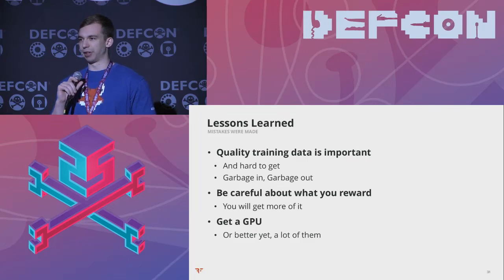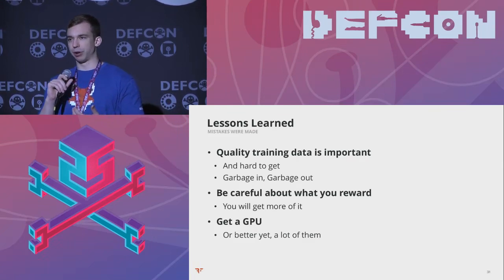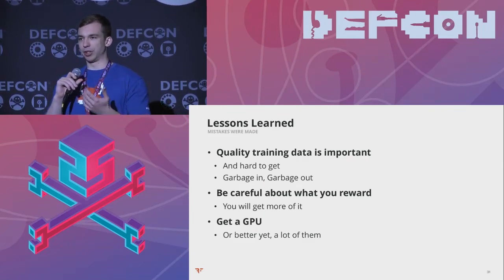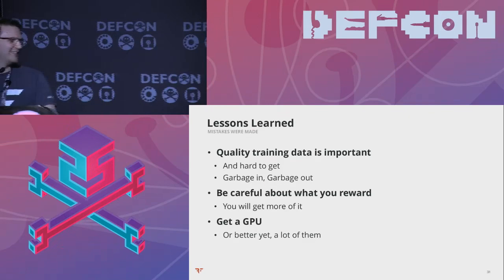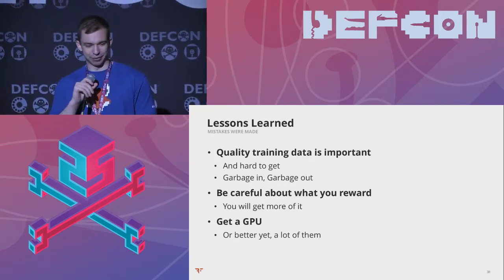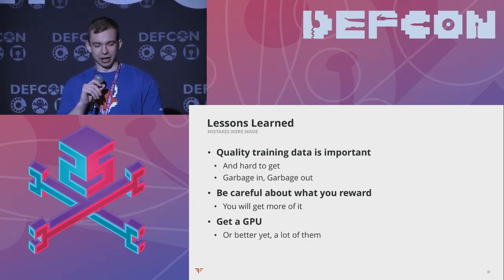That was one of the frustrating things early on. You have to train up your model every time you make a change, so you want to try to make good changes, and then an hour later you can find out if it was actually a good idea or not. So you thought compile times were bad. Yeah, it's like going back to massive C++. So getting GPUs is super helpful. The more the better.